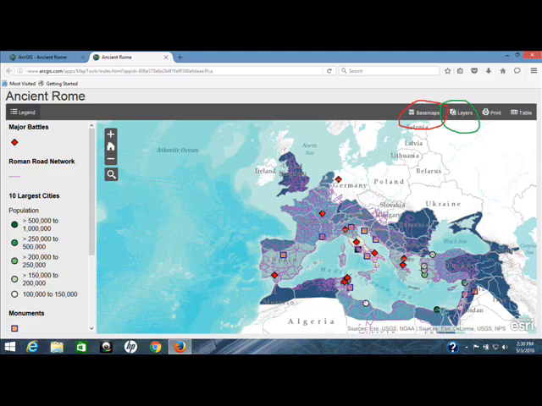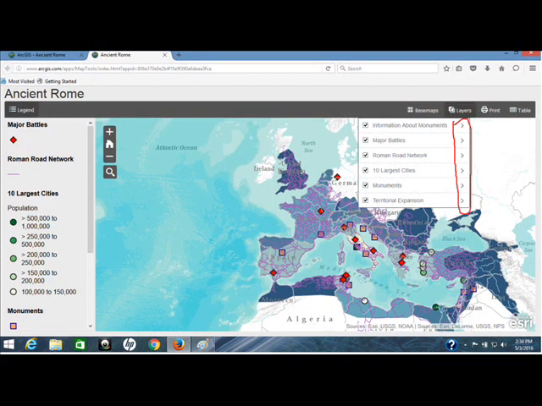But the key on this is the ability to turn layers on and off. And where I have circled in green is where you would click that will show the layers. And so let's take a look at some of the things that can be done with this new template.